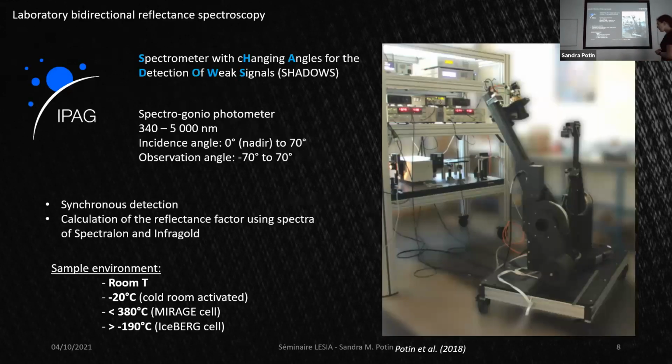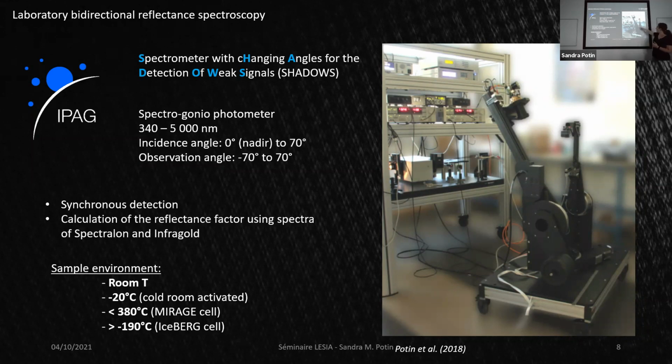Everything that I will present today is based on measurements from this instrument here. It's called SHADOWS. This is the one that I developed during my PhD. It's in Grenoble. It's a goniometer that is used to make reflectance spectra of any surfaces. You can see here on this picture of the instrument, our sample is put right here between the two arms. We have one arm that sends the light on the samples, and another arm that holds two detectors that is used to catch the reflected light.